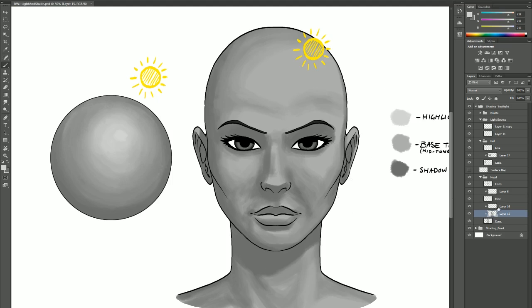and I generally like to do this on a separate layer so that if I make any mistakes, I can erase just the highlight tones without messing up the shadow tones that I've placed down that I'm happy with. So on a layer above my shadow tones, alt-clicking my little highlight tone there, and keeping in mind where my light source is, I can add little highlight sections like this, and I just like to roughly place down a few little areas like this, just to indicate where the most prominent